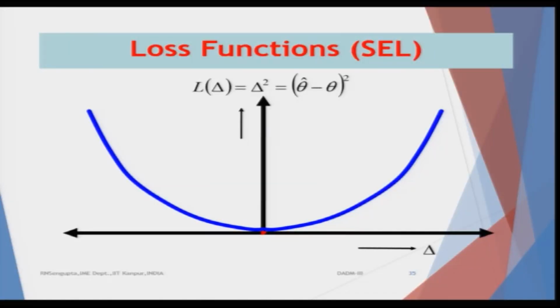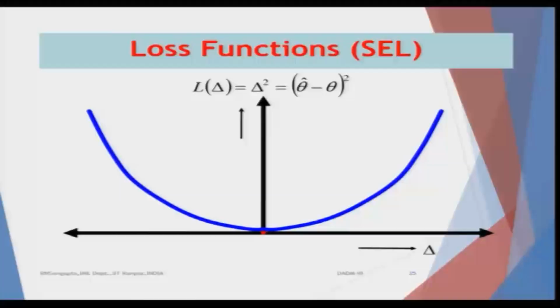So, if you draw the overall loss function as a quadratic one, it means that the penalties for both positive and negative values of delta, whether theta hat is greater than theta or theta hat is less than theta, will be equally penalized. If I move 2 units to the right or 2 units to the left, and the quadratic is theta hat minus theta whole squared, the overall loss you will encounter, whether you have an overestimation problem or an underestimation problem, would always be the same, that is, of unit 4, provided that you are not multiplying any constant value with theta minus theta hat whole squared.